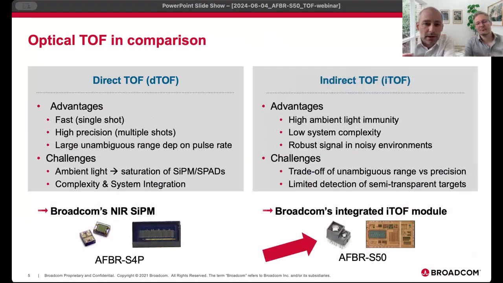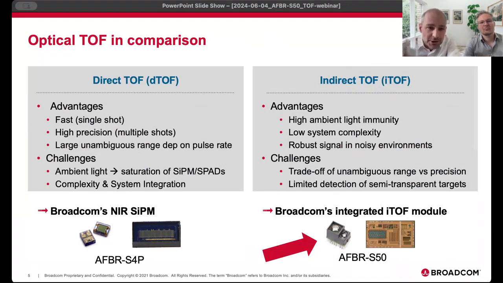Of course, there are advantages and disadvantages or challenges for both methods. So for the direct time of flight, they can be very fast for single shots. So we were talking about these 5 nanosecond pulse shapes. They can be very precise, but only if multiple pulses are emitted and detected by the sensor. And there is a very large unambiguous range. This is dependent on the pulse rate. So just considering the pulses being emitted within 1 microsecond, you get a long distance which can be detected without any